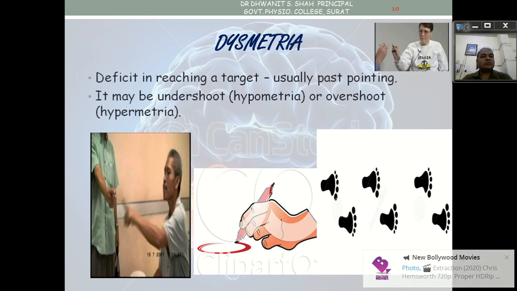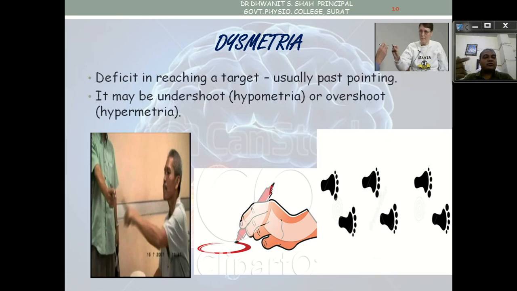In dysmetria, when a patient tries to reach for something, they lose the target. For example, as I told you, when drinking a glass of water, instead of going to the mouth, it goes to the nose, to the side of the mouth, beyond the mouth, above the mouth, or to the right side of the mouth. It is not going to the particular place where it should go. It is missing the target, and the patient goes beyond the point or before the point. This is called overshooting or undershooting the movement. This is called dysmetria.